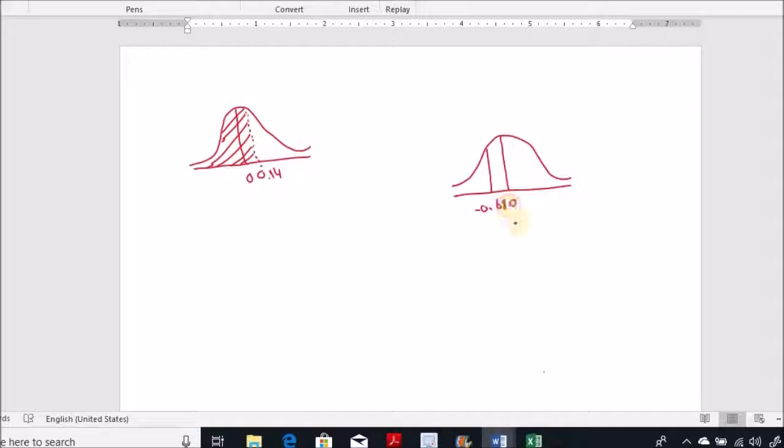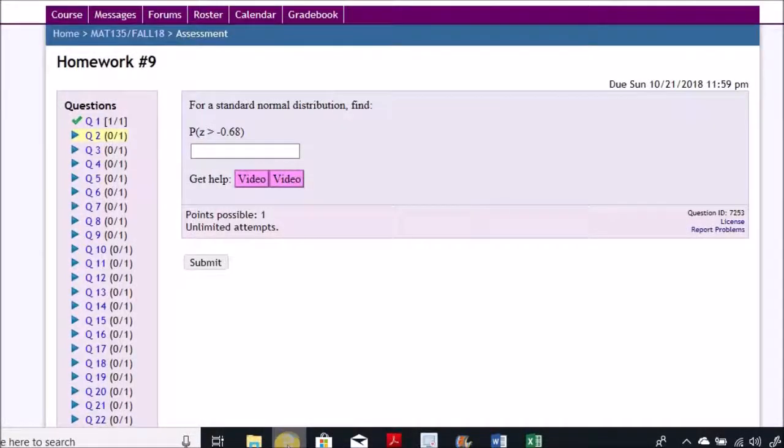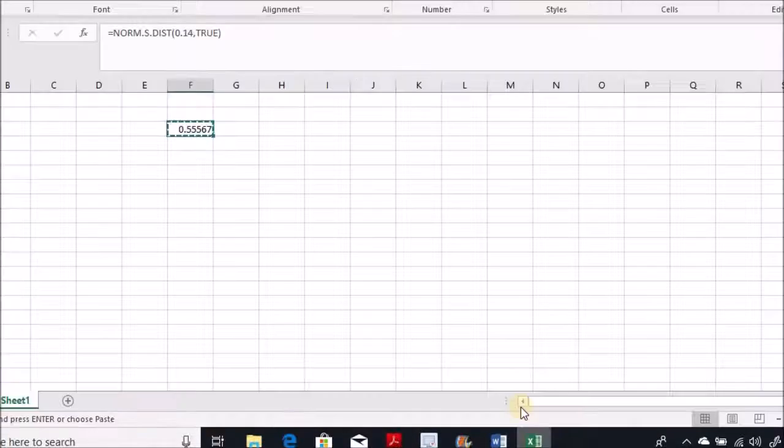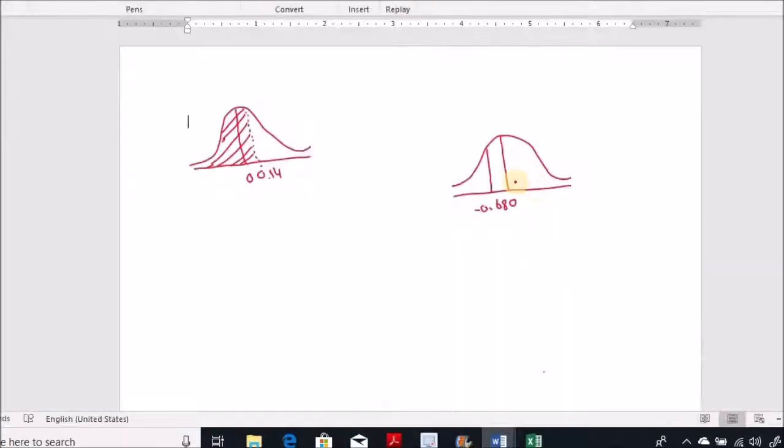I don't have to be precise. I just need to determine whether it's above the 0 or below the 0. And we want to calculate the probability that z is greater than that z-score. So I mean this area. That represents this area right here. But remember, the normal distribution function on Excel does not calculate the area to the right. It calculates the area to the left. So to find the area to the left,